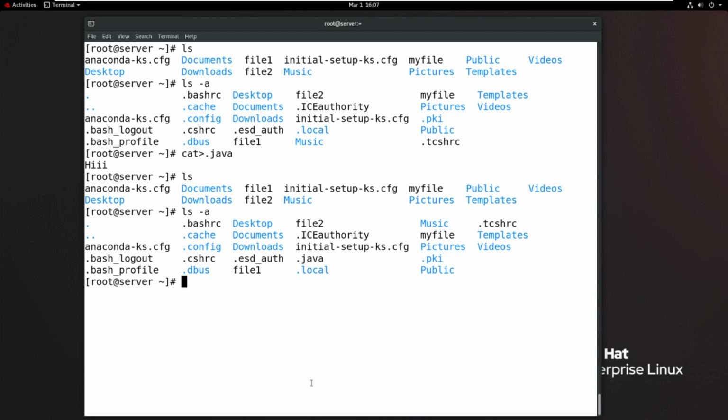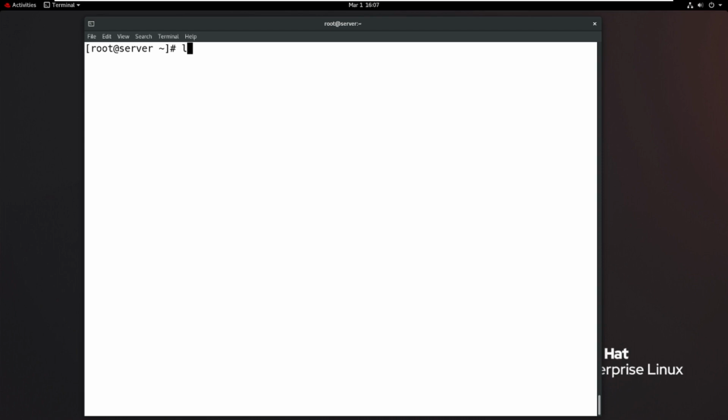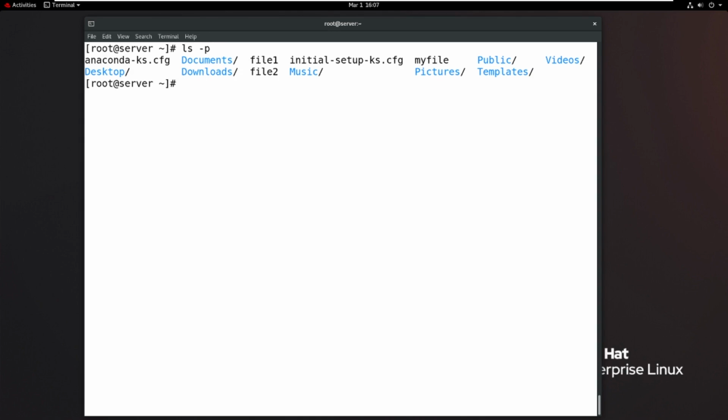And the next important thing, the ls space hyphen p option. So generally, what is the p option? For example, guys, if I run the ls command in Linux, there is a very beautiful feature to easily identify files and directories with the help of colors.